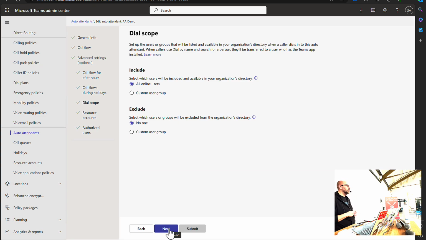Next part, the dial scope. That dial by name functionality in the auto attendant is pretty sweet. You can just say a name and you will be transferred to that specific person. This is what Microsoft used to use for their Redmond office. They won't give every single person in that office a direct telephone number.